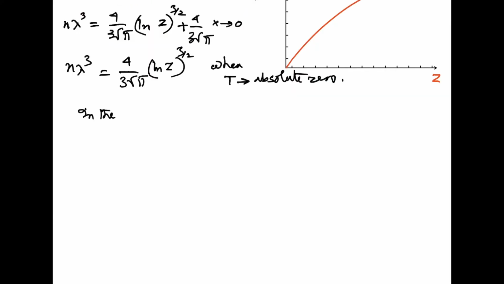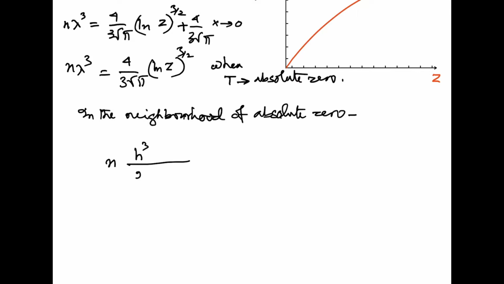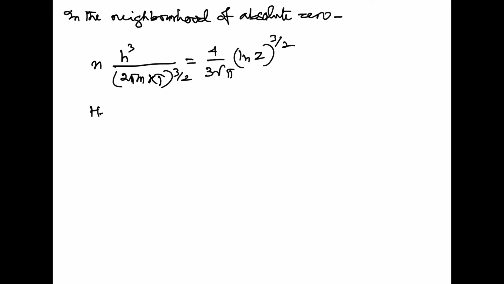So in the neighborhood of absolute 0, n lambda cube, which can be written as n into h cube divided by 2 pi m kT to the power 3/2, is approximately equal to 4 by 3 root pi into log z to the power 3/2. Hence, if we write